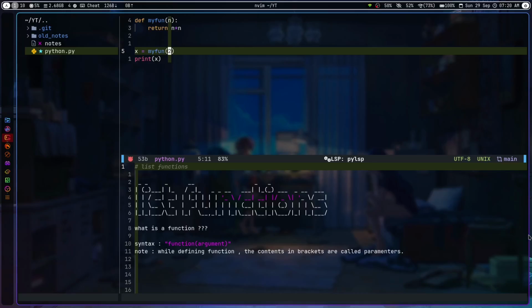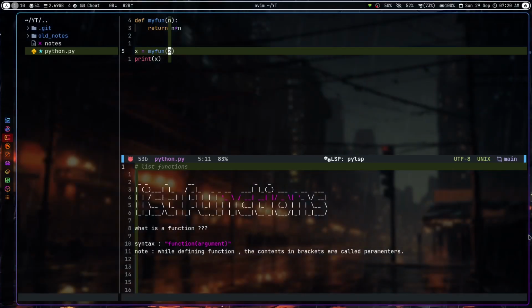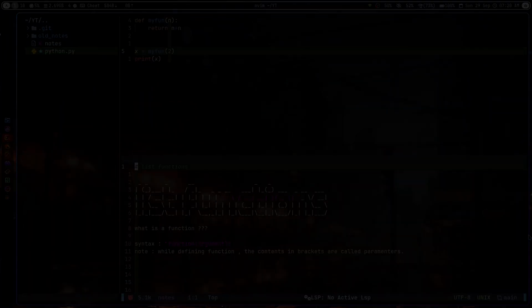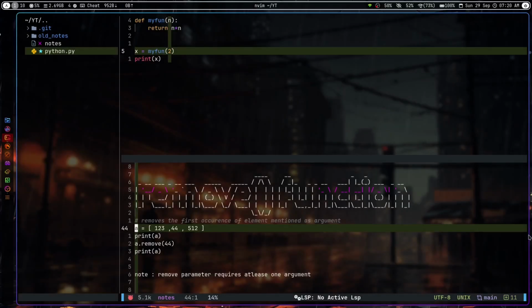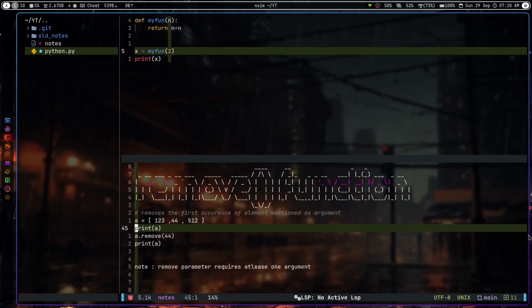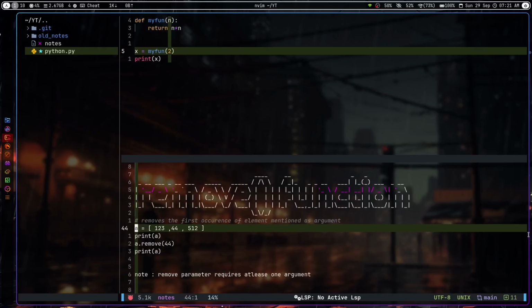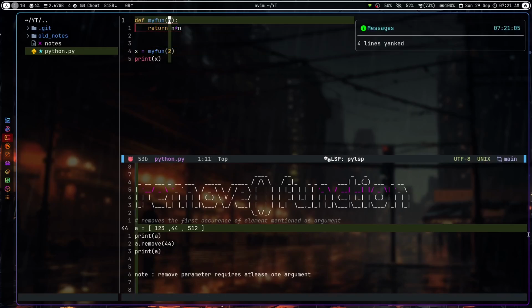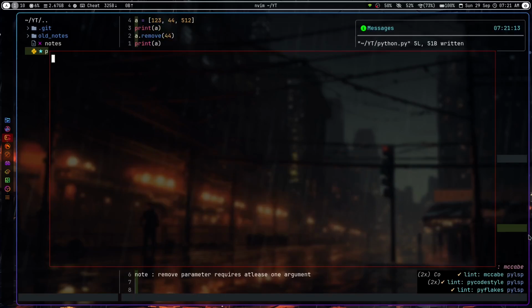In Python, there are predefined functions which you can use to make your life easy. So let's get started. The first function is the remove function. What it does is it will remove any element in a list, whichever you put in the argument of the function. So for example, here you can see an example code. If I copy and paste it here, and now run this,